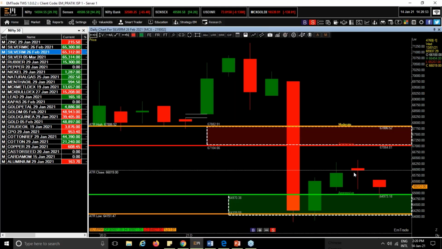So accordingly, I asked Alan and Mr. Bhimrao and Mahesh, in the current situation, the current candle of your silver M just entered the support level. So is that a good point of time to enter the trade of silver? Yes or no? Because it has already entered the support level.